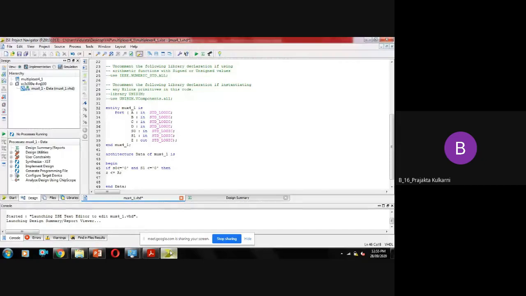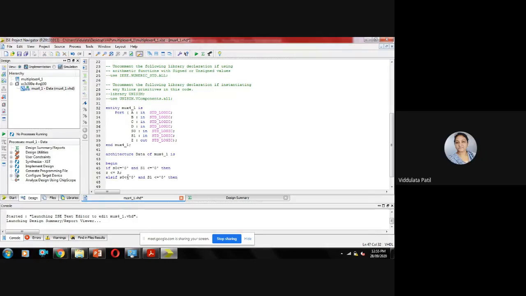Semicolon. Else if S0 is equal to 1, shall I copy this? Yes, ma'am. So I'll minimize my work.